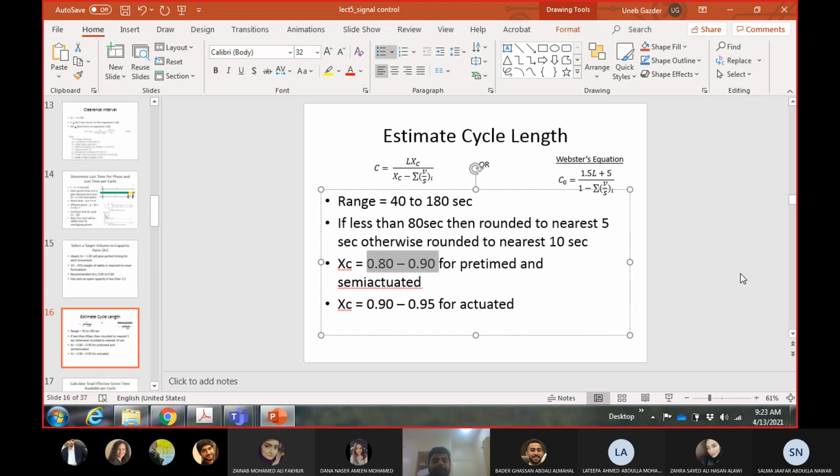When you develop the timing plan for an actuated signal, I told you earlier, you give the signal a range of cycle length, a range of green times. So you are already giving a range. Okay, so the fluctuation is already taken care of when you are designing the signal time. So this is another reason. The first reason is obviously correct.